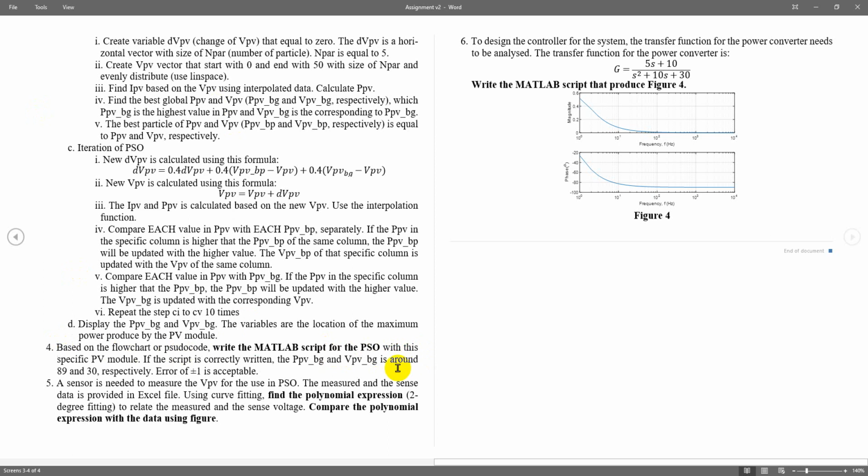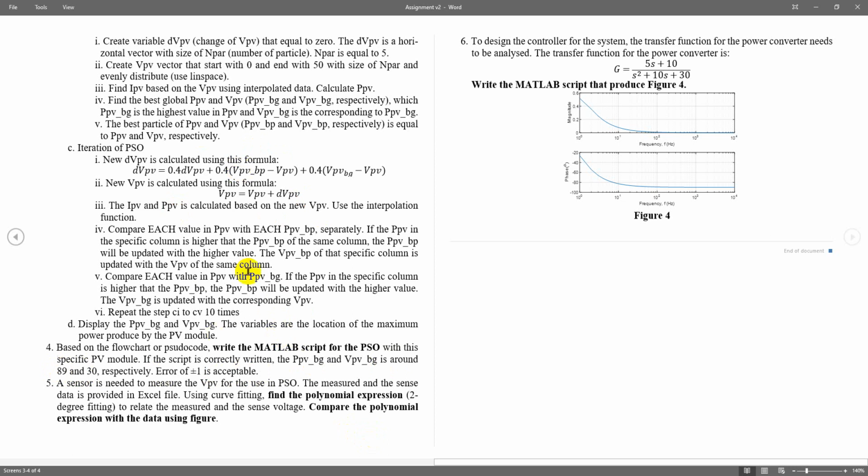Just to make sure you've done it correctly, if the script is correctly written, PPV best global is around 89 and the VPV is around 30, with an error of 1. So that is task 3 and task 4.